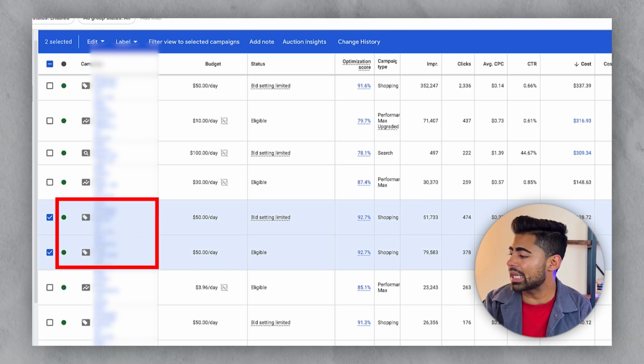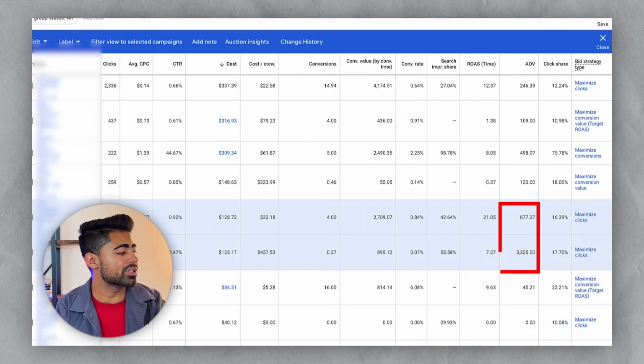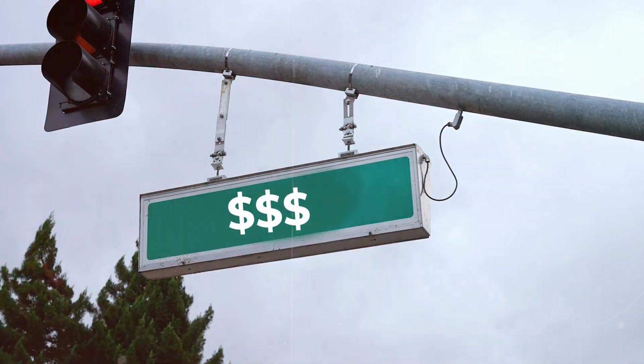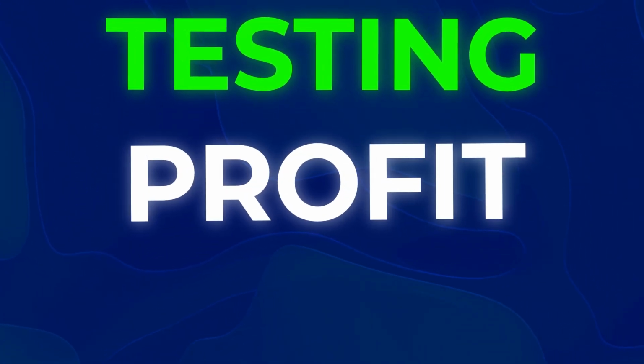We have the standard shopping campaigns, again, just going after the actual selling price. And these are some of our best performing campaigns. Now, this gives us a direction into which way to go, what this account prefers in terms of testing. But once you're done with the testing, then you want to continue testing into profitability and into scaling,